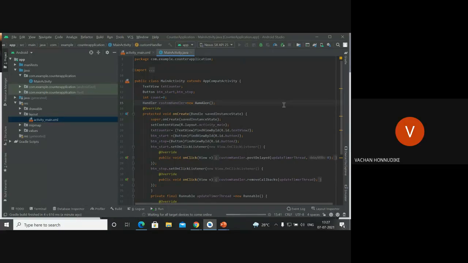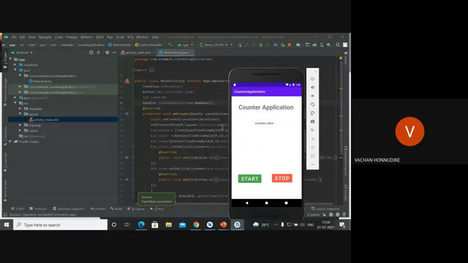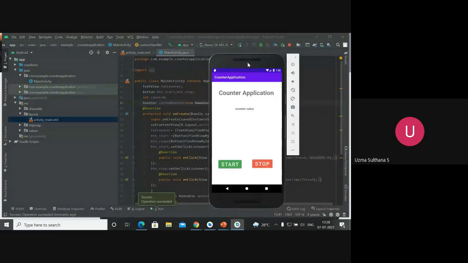Ma'am, it just shows the flow of the program, where what is happening with each variable. But did you try? Yes, ma'am, I got an error in the project. Okay. You're able to see the emulator, everyone? Yes, ma'am.